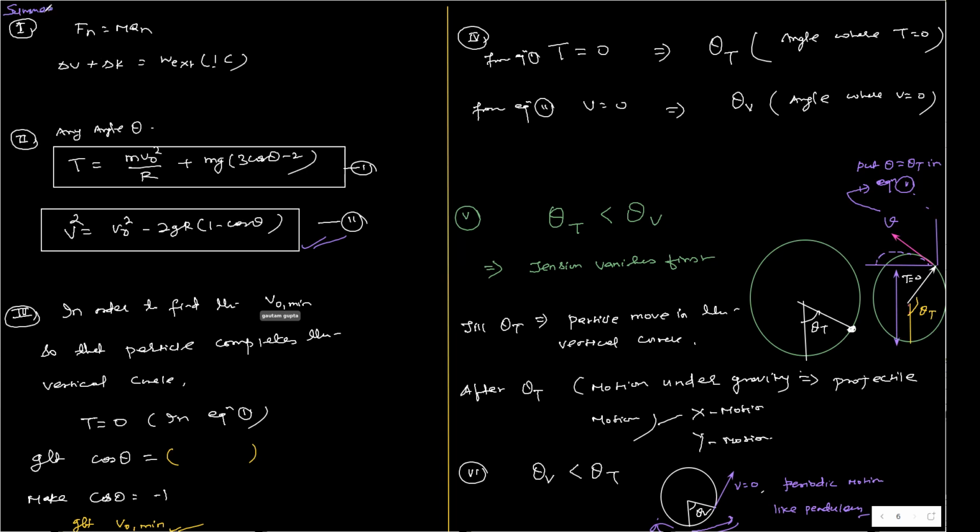Now what I told you is that many questions will ask you the theta min for which the particle will be able to complete the circle. If you don't want to go by this derivation method, or in case you do not remember these expressions, there is an alternate method that I told you: find the point of ambiguity.